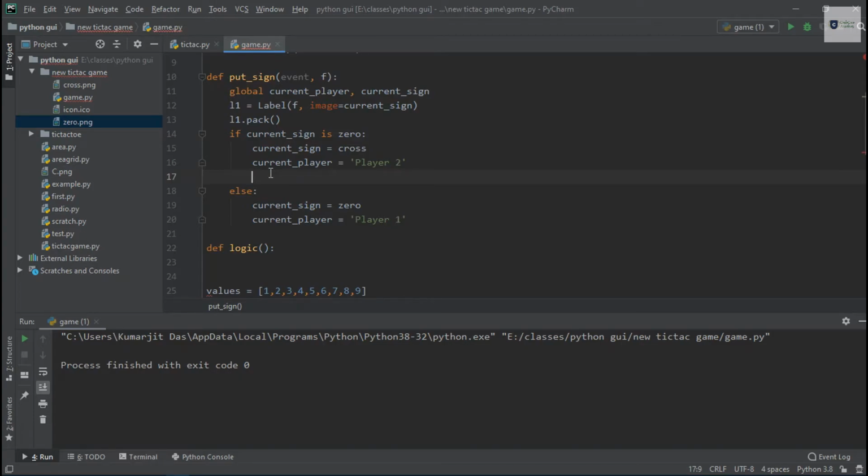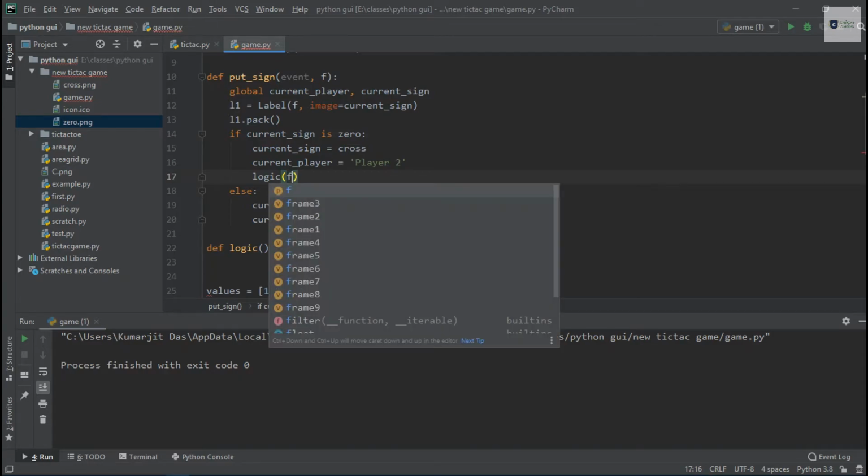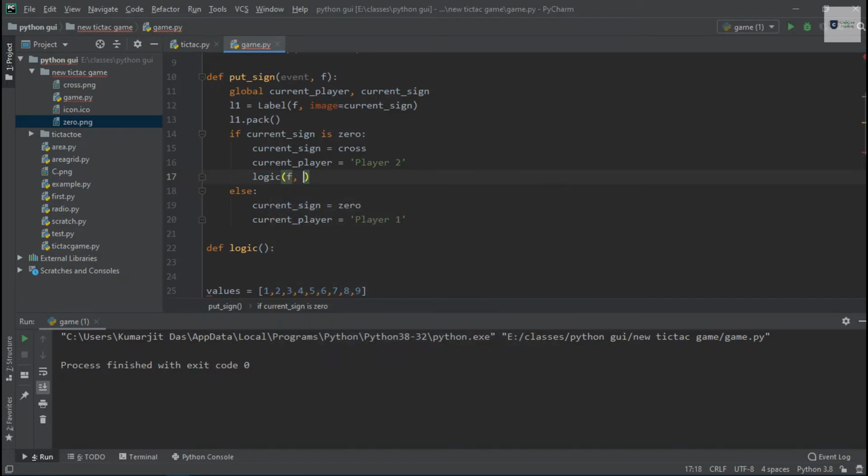So the logic function will pass the current frame, which will be F, because we need to check which frame we have clicked. So F the frame and 0.